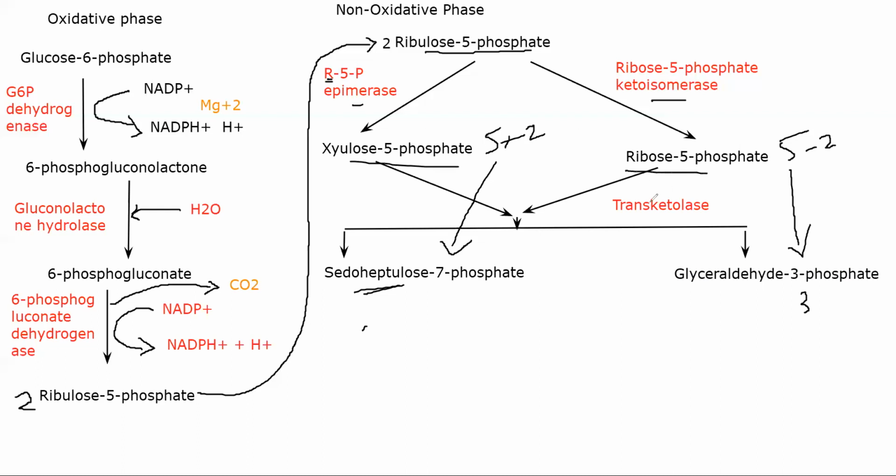Now, to this, I will subject transketolase. Transketolase will basically remove 2 carbons from ribose 5-phosphate and it will donate it to xylulose 5-phosphate. Okay, here it is removing 2 carbons from here and attaching here. So here you will get a 7 carbon molecule, which is pseudoheptulose, and here you are left with a 3 carbon molecule, which is glyceraldehyde 3-phosphate. Right? I hope you understood that.